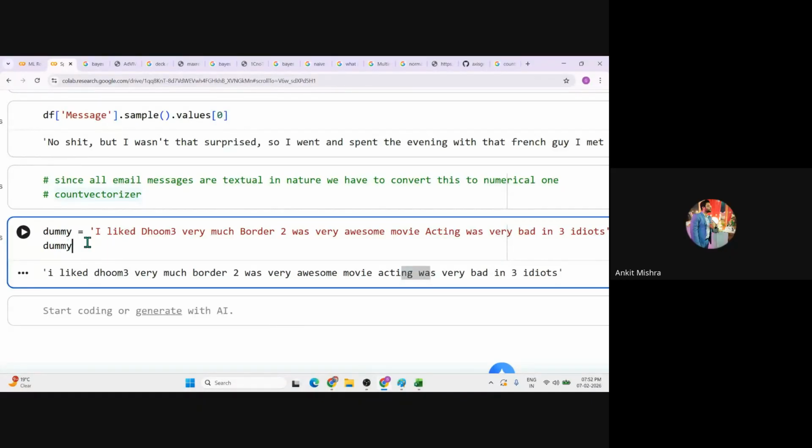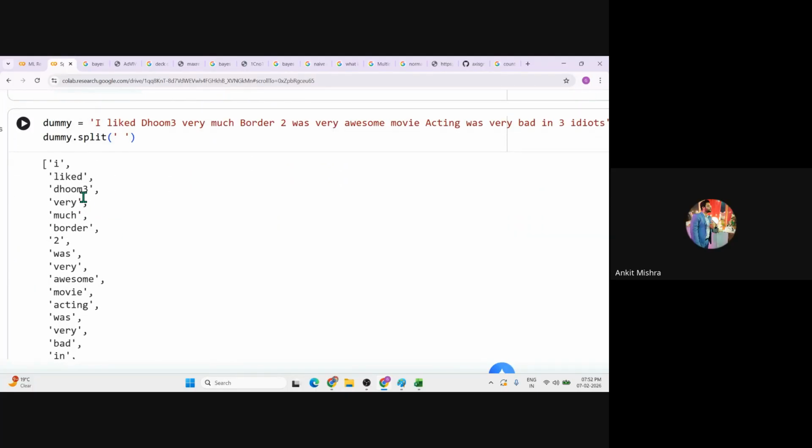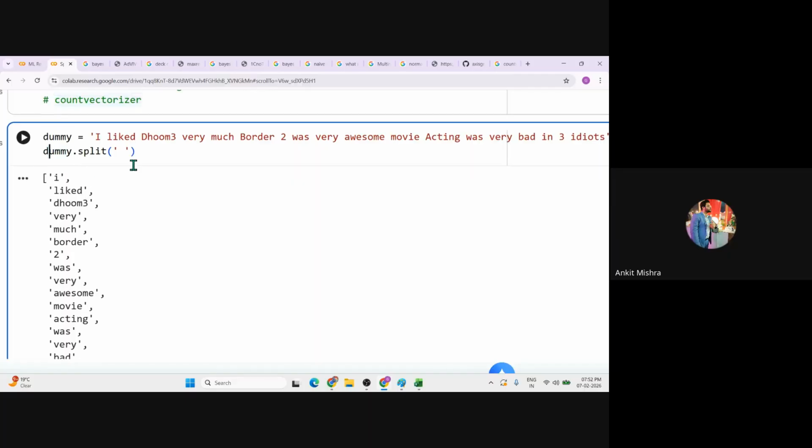Now let's remove them. You can use the Python approach. Well, it is not recommended, we have a module that can easily perform all these tasks. But just for the sake of understanding, we are performing this, right? Dummy.split. This split method allows us to split all the text, right? Now let's keep the unique values only.